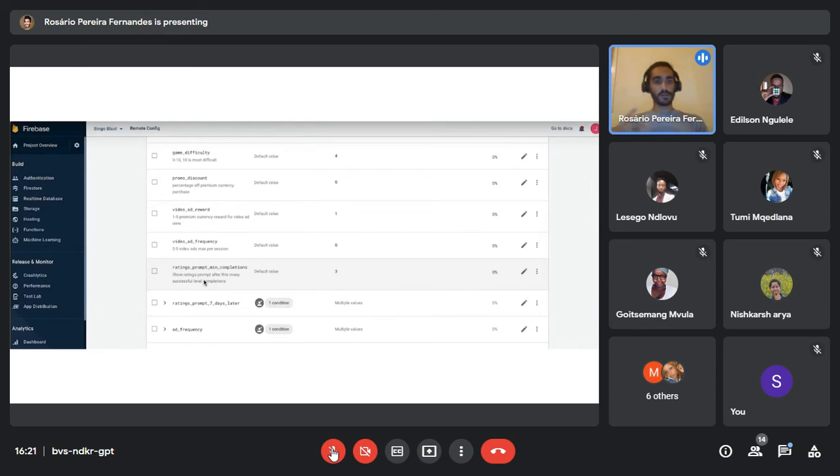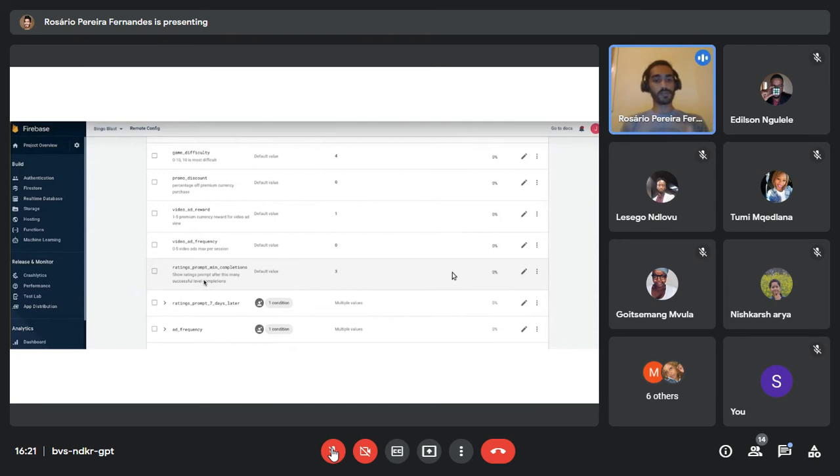I wanted to bring a real world example, but unfortunately I couldn't bring one that I ran myself because the data was kind of confidential. So I had to just grab an example that was available online. This is the example. This is a game called Bingo Blast, and they have this parameter on remote config called ratings prompt mean completions.